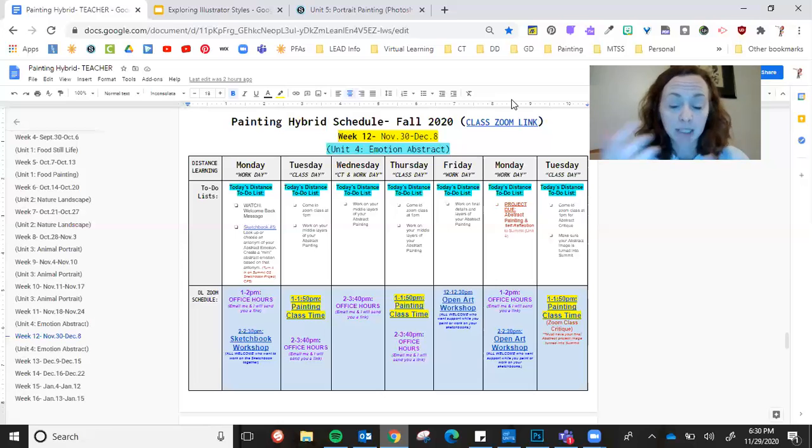Monday from 1 to 2 is all electives, so you might have multiple electives. Here's how that's going to work. On Monday, today, I'm just going to do open office hours. In fact, I have office hours most days, as you can see on here.